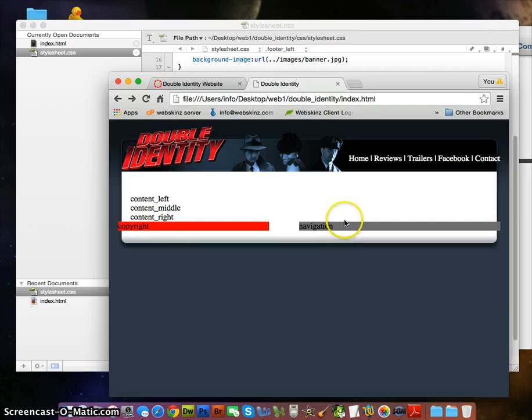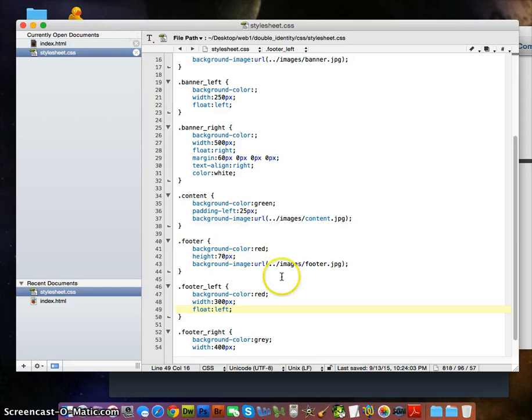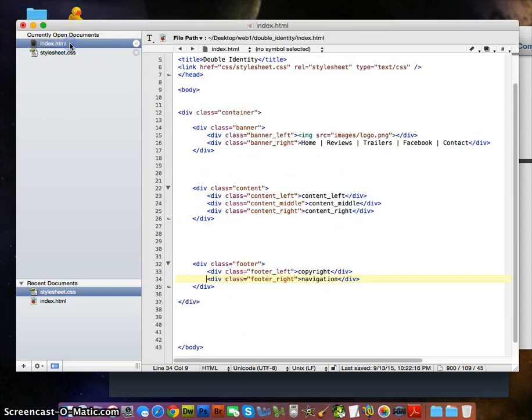Okay, so now we want to take the home, reviews, trailers, contact, all that, and we want to put that in here where it says navigation. We'll do that later. And then here, copyright. What I like to do on websites is go to index.html. What I like to do is put the copyright symbol. That would be ampersand, copy, semicolon,